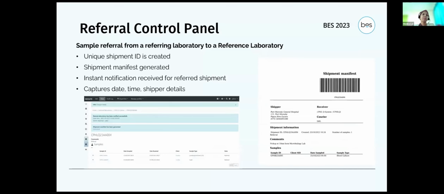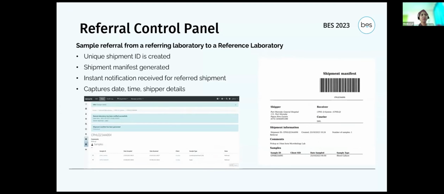Thank you. Sample referral from our referring laboratory to our reference laboratory. Here, a unique shipment ID is created, and all the samples that are supposed to be sent away from the lab are listed under this shipment. The shipment manifest is generated once the shipment is ready for delivery.